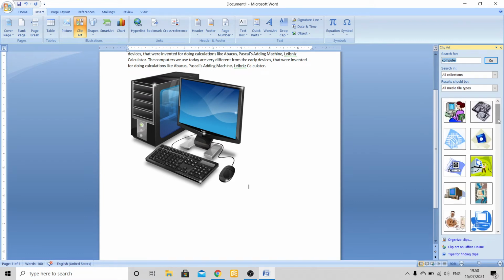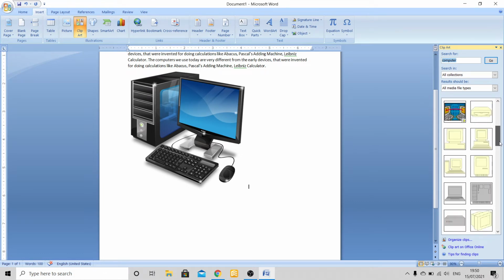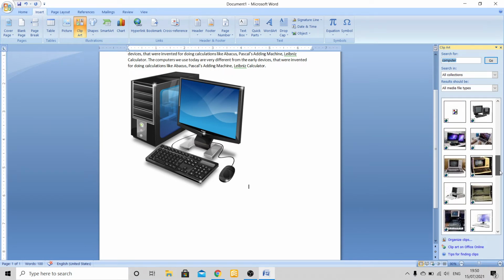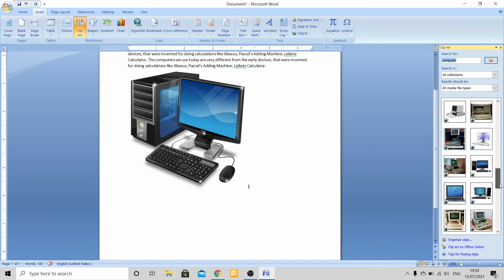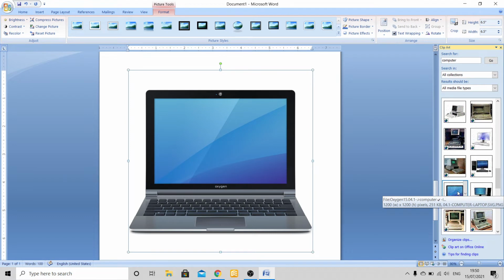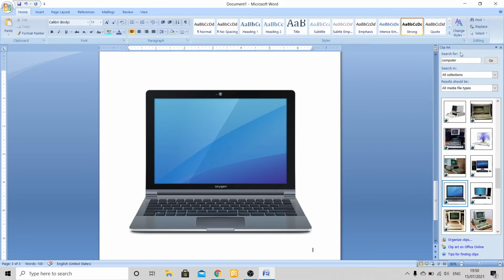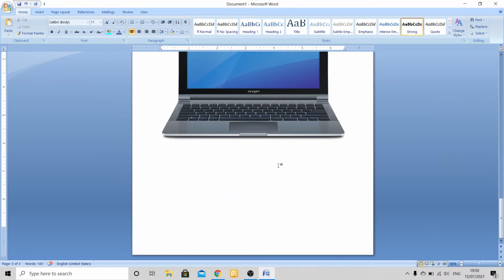and see here, these are all the inbuilt pictures in MS Word. They are called your clip arts. See, whichever picture I want, I'll just select it, I'll just double click it and I'll be able to get that image. See, this is the image which I have double clicked and this is called my clip art, right. Okay, when my work is finished, I'll just click on this close button and the clip art window will be gone.